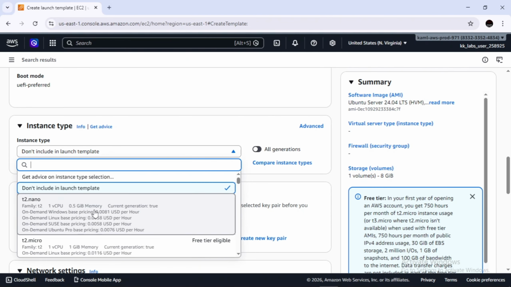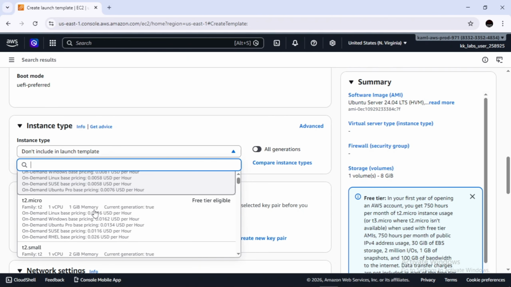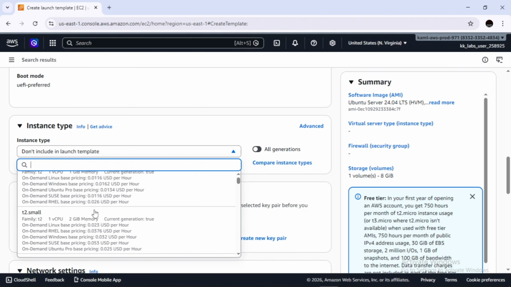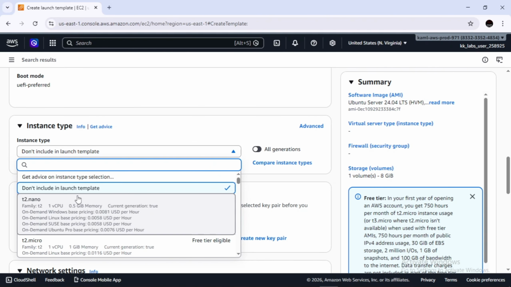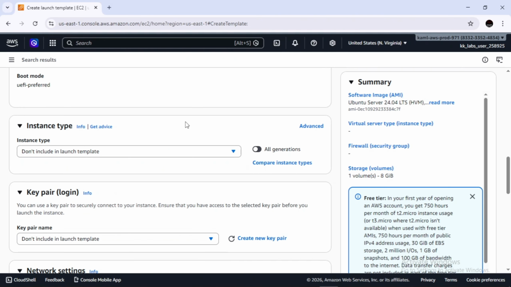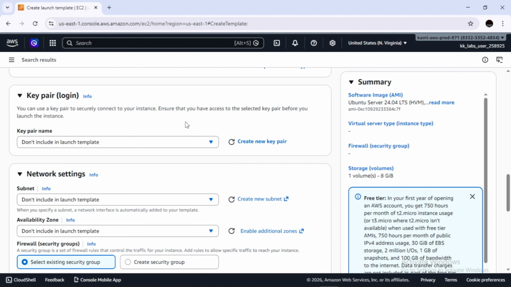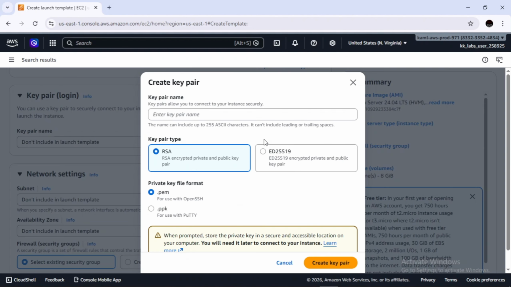Or if you have your own specification, and you need some EC2 instance with bigger CPU or whatever your need is, you can go with that. I'm going to click on don't include in launch template, so it will automatically select an instance type. For key pair, let's create a key pair.